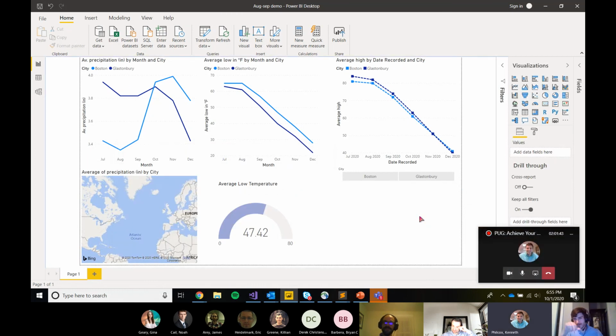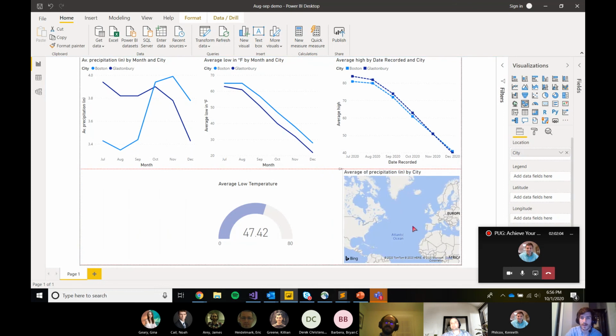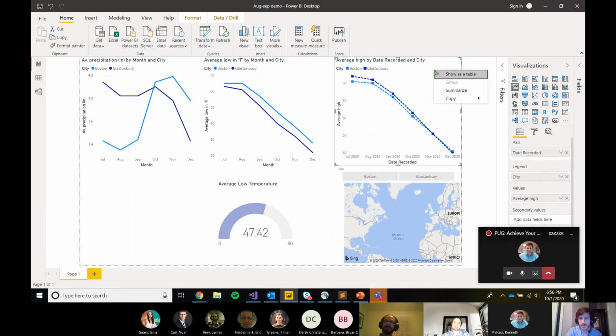Did that create the visual for you, or can you throw that somewhere on a page so it's populated when you right click and do the smart narrative? So right now you don't have the narrative on the visual. It creates the visual for you? Yes, it does. And it actually throws it into the spot that it finds most appropriate. So if I were to move this over here, it's now going to create the visual on the left side.